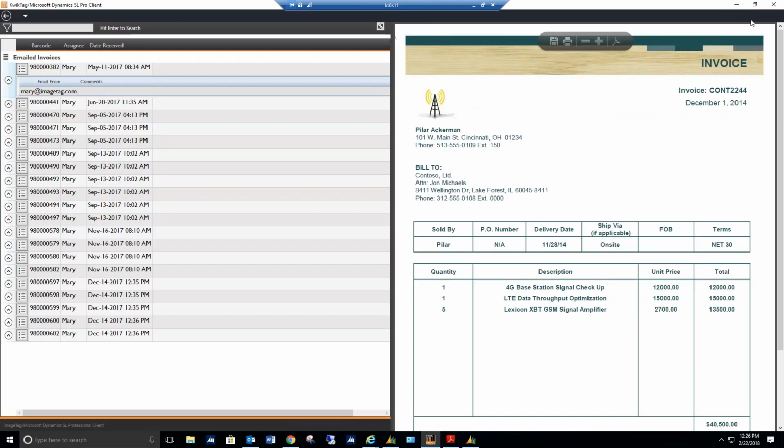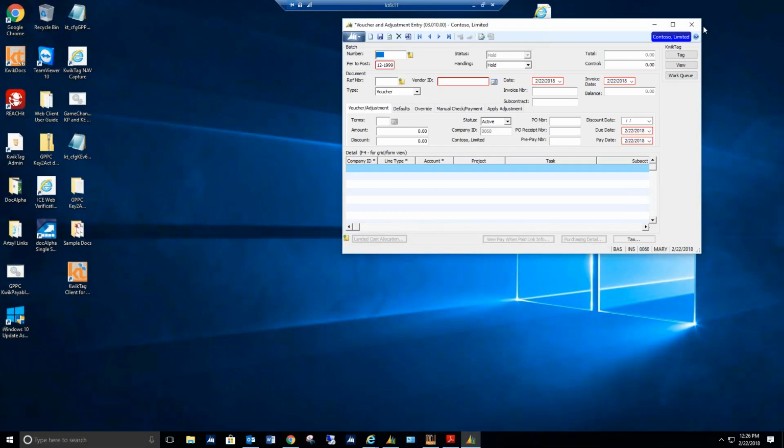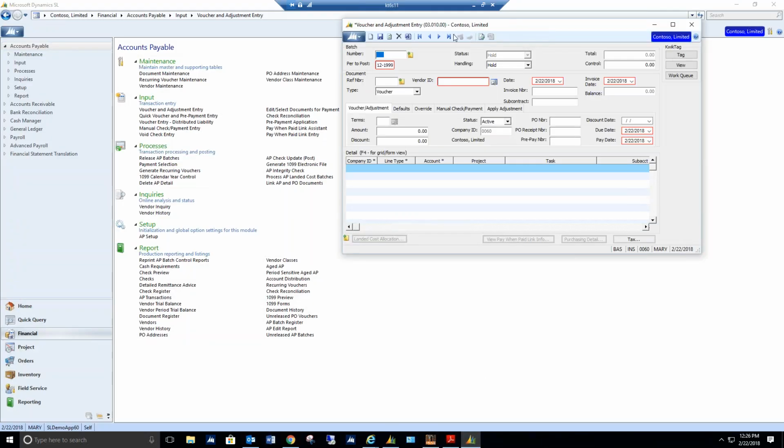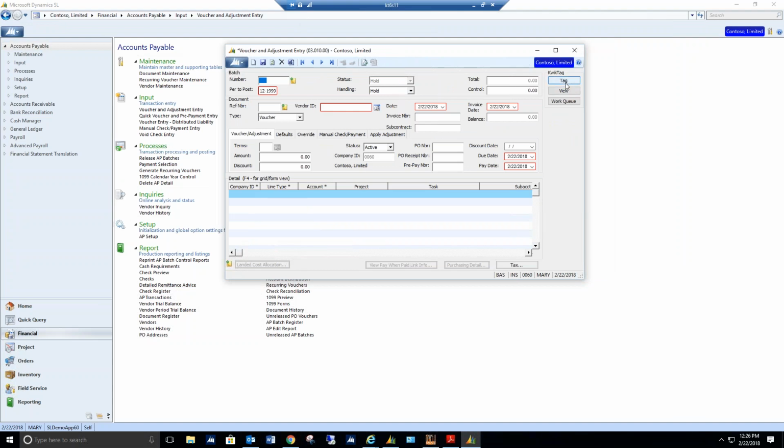But in this case, once we have that final approval complete, we're going to go right back to SL, and instead of taking the tag or view step like we've looked at together already, we're going to go to the QuickTag work queue. Now you can see this voucher and adjustment entry is blank. There is no data here that tells me anything about the invoice that I'm about to create. But when we look at the QuickTag work queue, which again takes advantage of that QuickTag real-time connection with SL, we'll open the work queue,